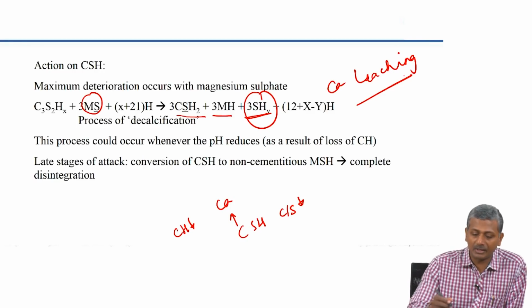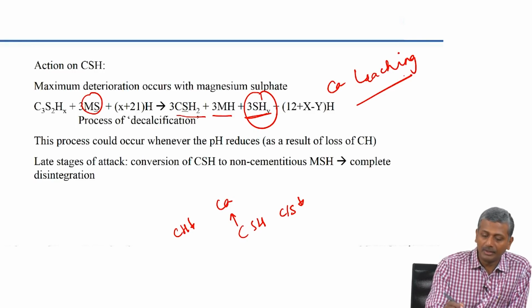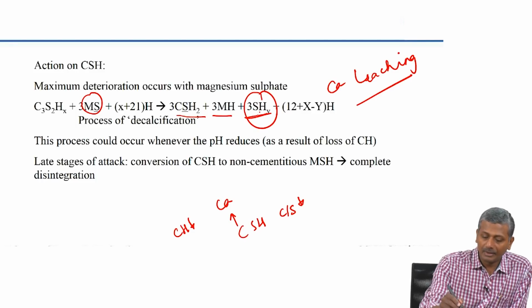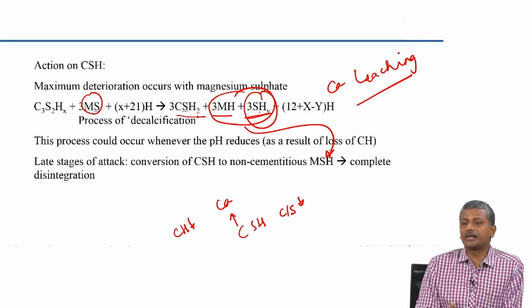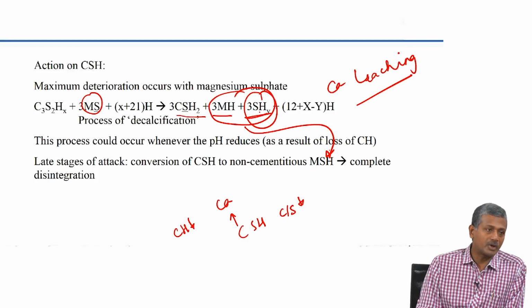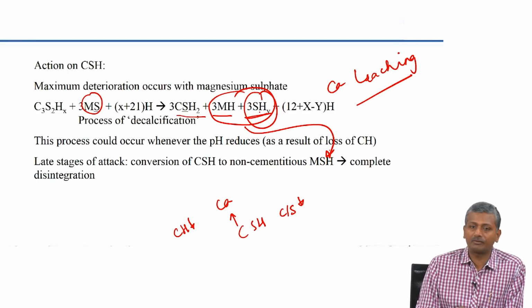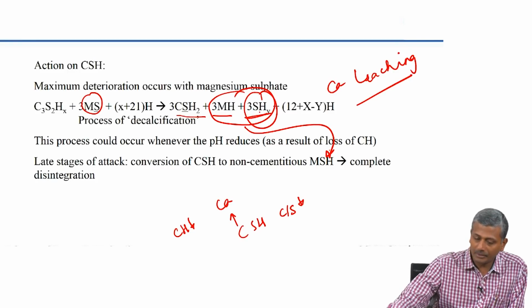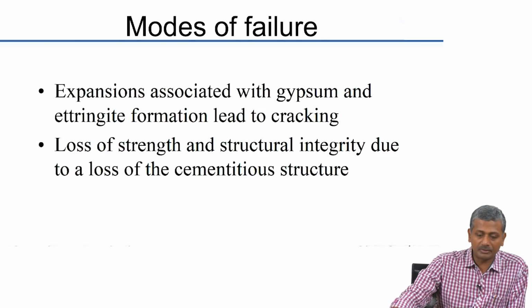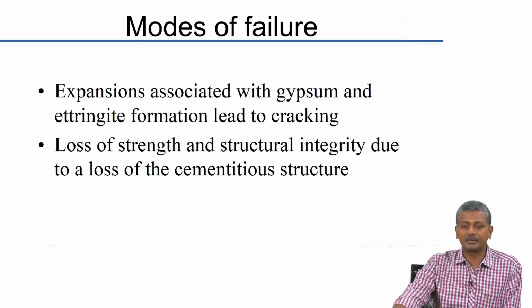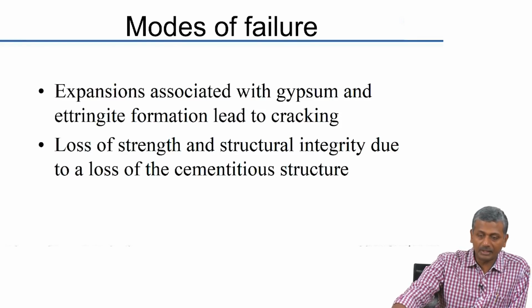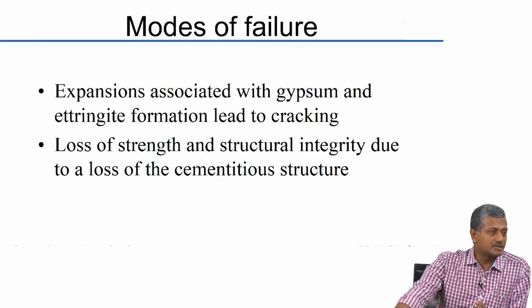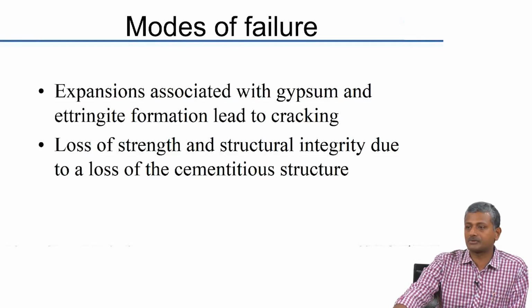Now, in magnesium sulfate attack, this calcium leaching happens to a large degree. You form silica hydrate, and then this magnesium and silica hydrate can combine to form what is called magnesium silicate hydrate, MSH, which is quite different from CSH. It does not have the kind of characteristics that CSH has. I will show you some images. Before that, of course, the modes of failure are associated with the expansions formed because of gypsum and ettringite formation that lead to cracking, and then because CSH itself is losing its stability,